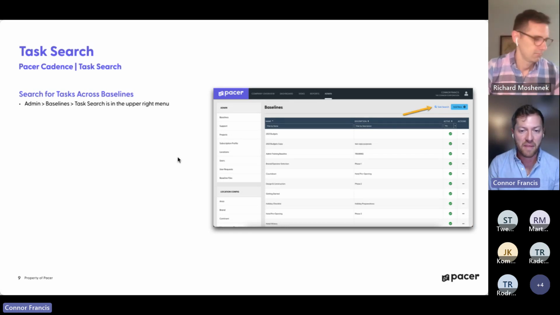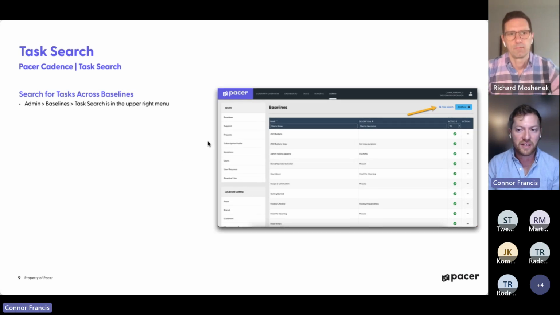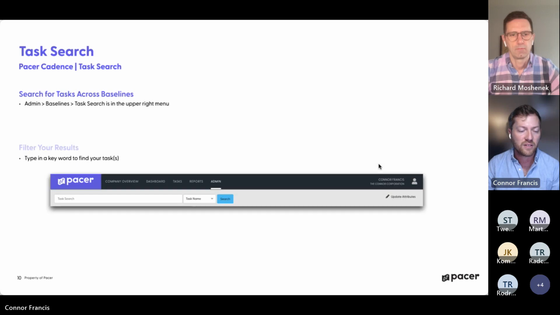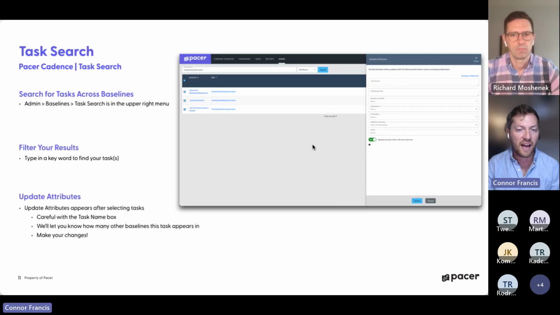You can click on them and manipulate that one specific task. When you click that search bar, it opens up. You can search by task name, which is very common. There are a few other options here as well. But you'll notice now we have an update attributes button that's available to you. So once you search for your specific task,